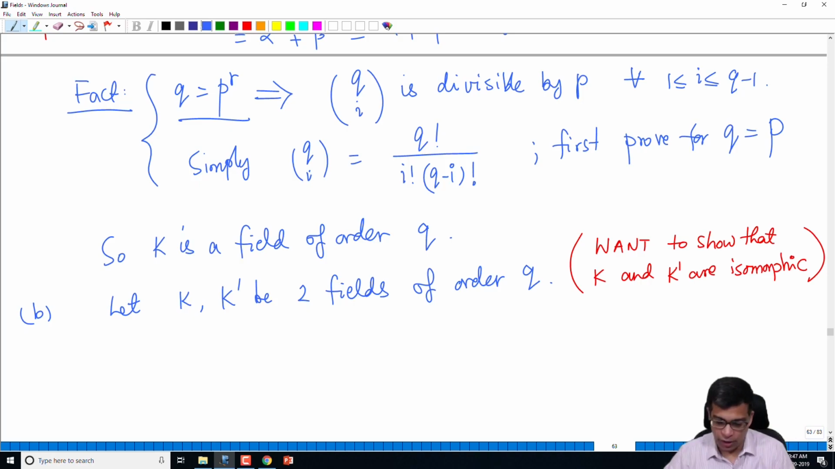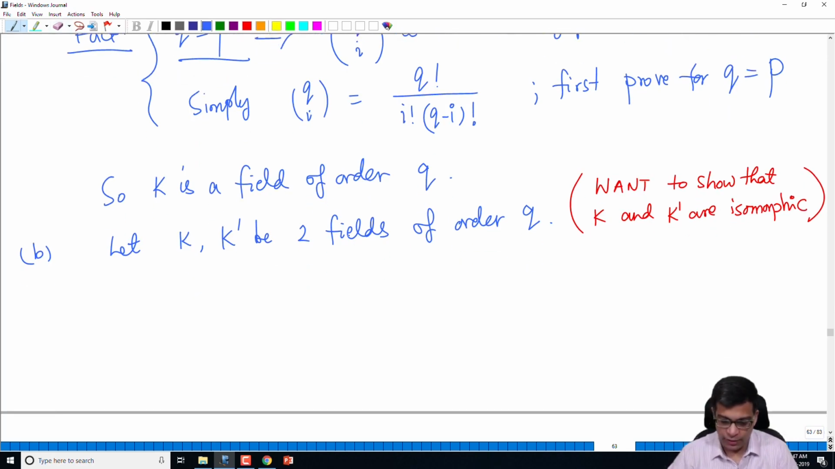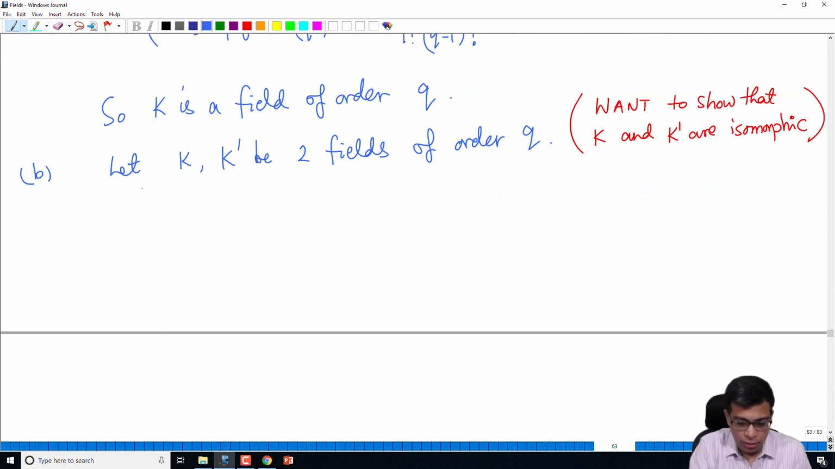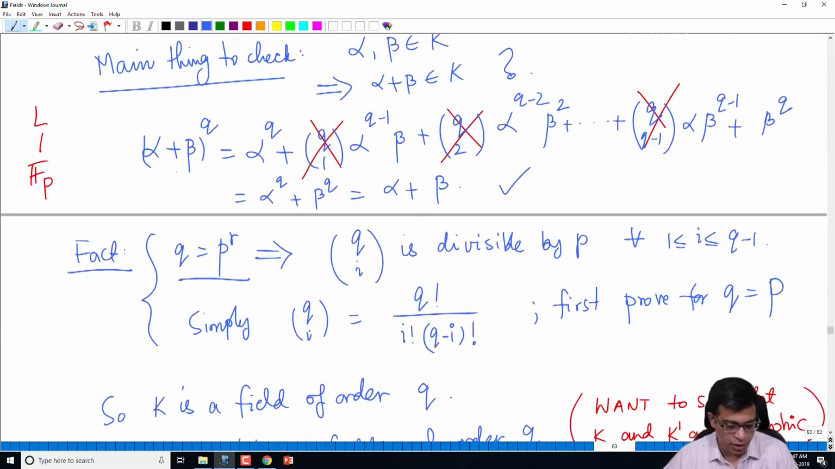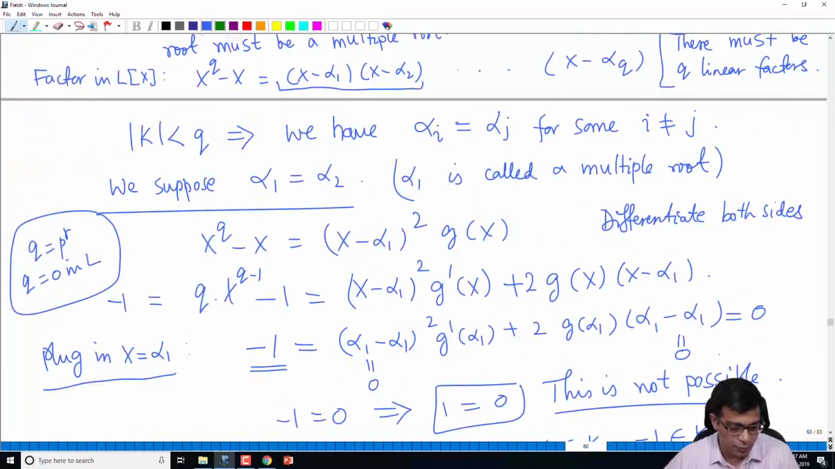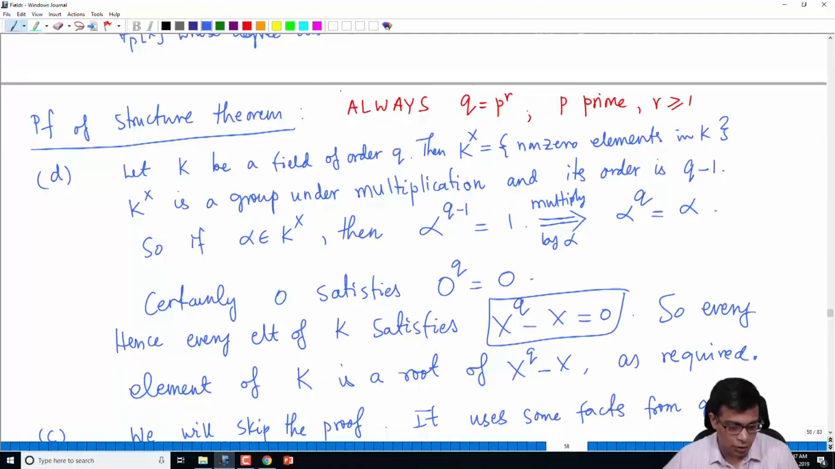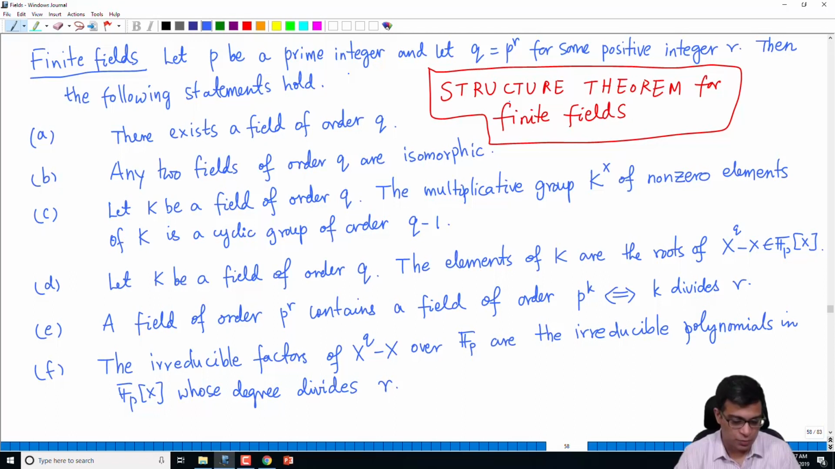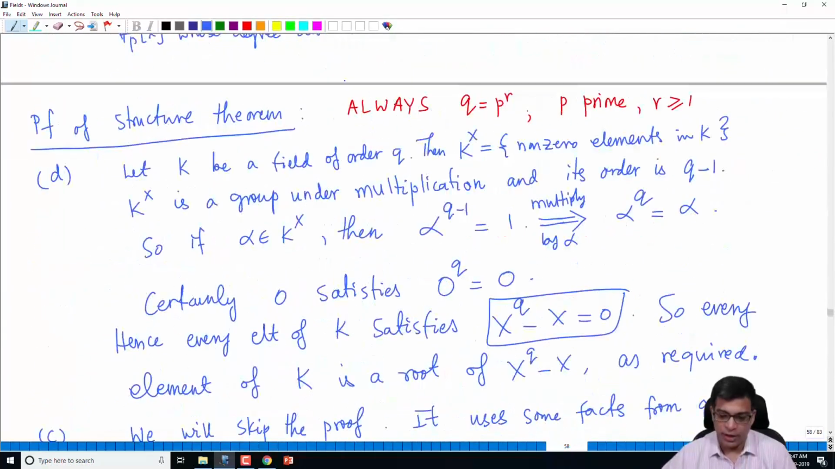Okay, so let's prove that. What we have is, by part, so I forget the part, so part B is the statement that any two fields of order q are isomorphic. We know part C, though we didn't prove it, we are going to make use of it. Part C says that